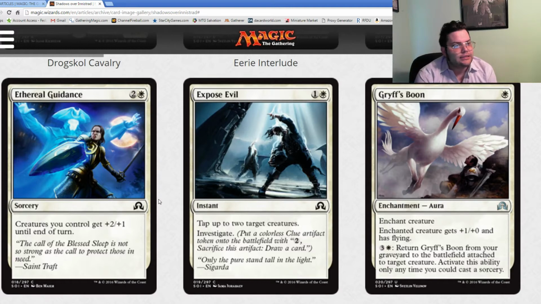Ethereal Guidance. 2 and a white for sorcery. Creatures you control get +2/+1 until end of turn. This card is an archetype card. It goes in one specific deck, and that specific deck is the Flying Token Spirits deck. Your go-wide decks, the ones with a decent amount of evasion, because they're usually Flying Spirits, are going to appreciate this